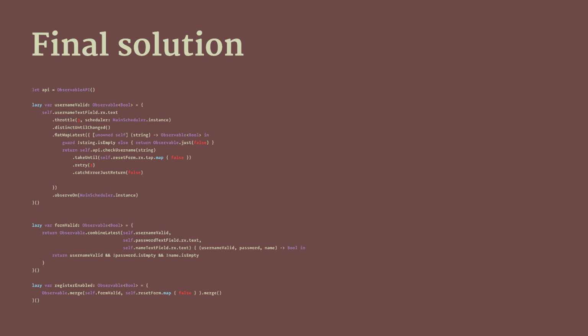If the string isn't empty, then we're going to use this check username API call, which is going to return an observable. We're going to skip the take until for now. We're going to use a retry operator on that observable so that if the check username API sends an error, like a timeout,